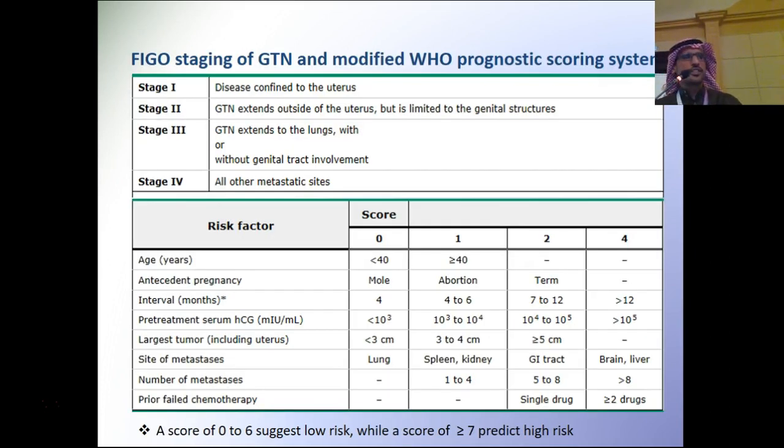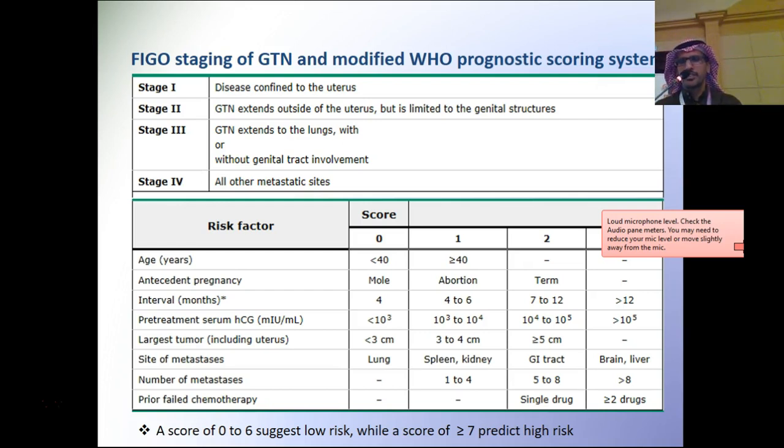So the staging of gestational trophoblastic neoplasm: stage 1 means confined to the uterus, stage 2 extends outside of the uterus but usually limited to the genital structures, stage 3 if there is lung metastasis, stage 4 if there is other metastatic disease. The WHO prognostic scoring system depends on 8 risk factors,